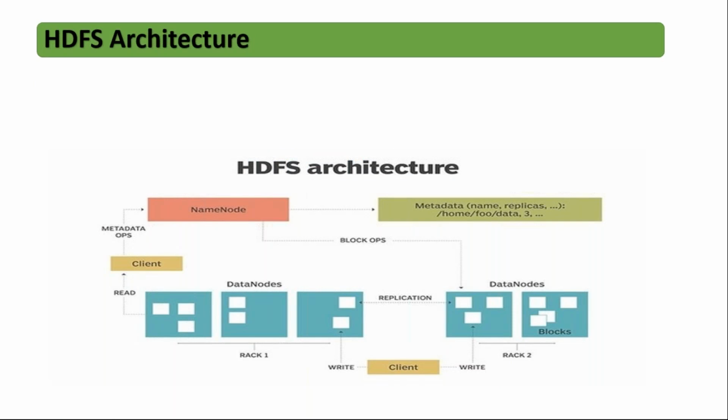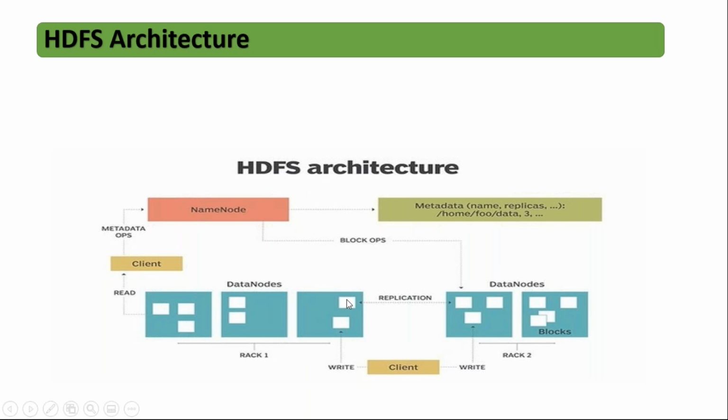So this is HDFS architecture. Here we have a name node, and the name node contains metadata. Then these are the data nodes. We understood what is a replica. We know who is a client. We know what is read, what is write, what is a rack, what is rack 1, rack 2, right? So now we are more familiar with all of these.